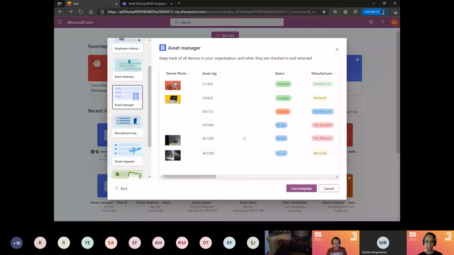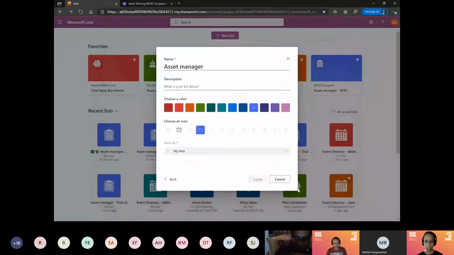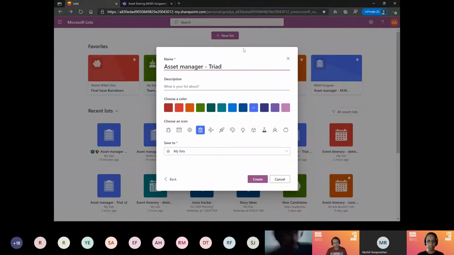So let me pick Asset Manager, and I'd say use the template. Now I can simply change the name. You can change the color, how it appears in the home screen, and you can change the icon. Currently we have a predefined list of icons. And you can also save it.